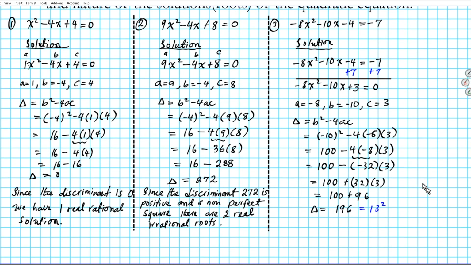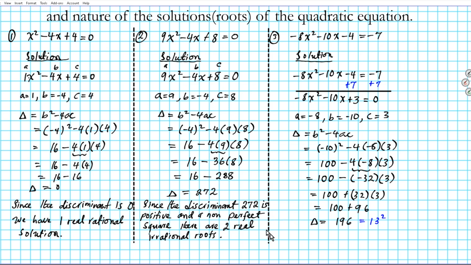So we have a positive discriminant that's a perfect square. What's our conclusion going to be? Since the discriminant 196 is a positive perfect square,